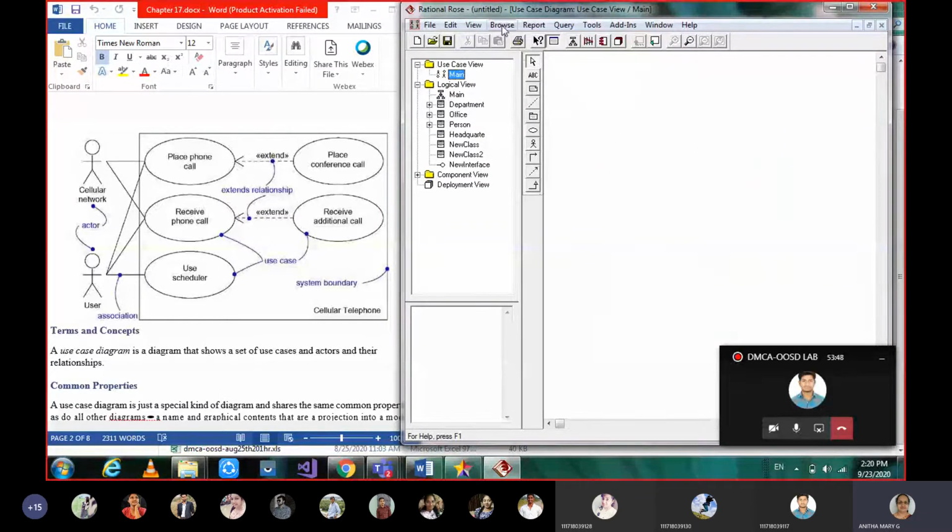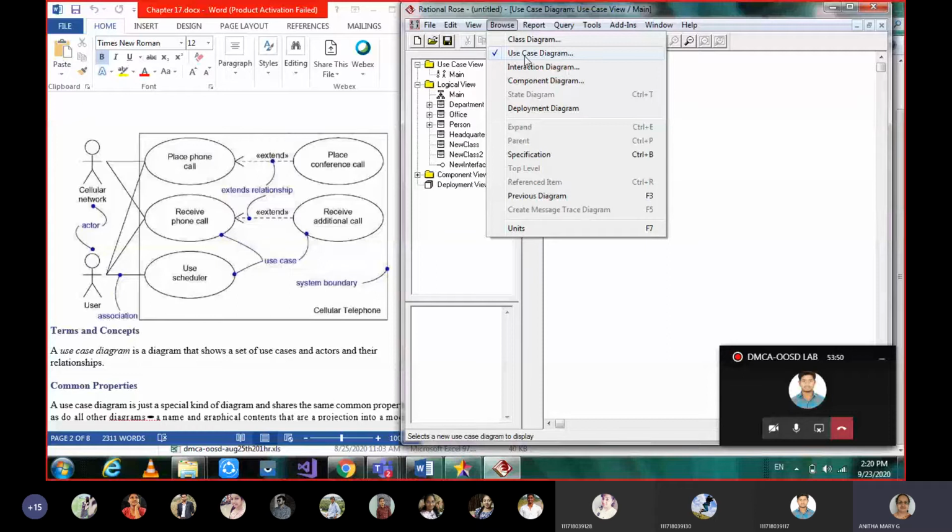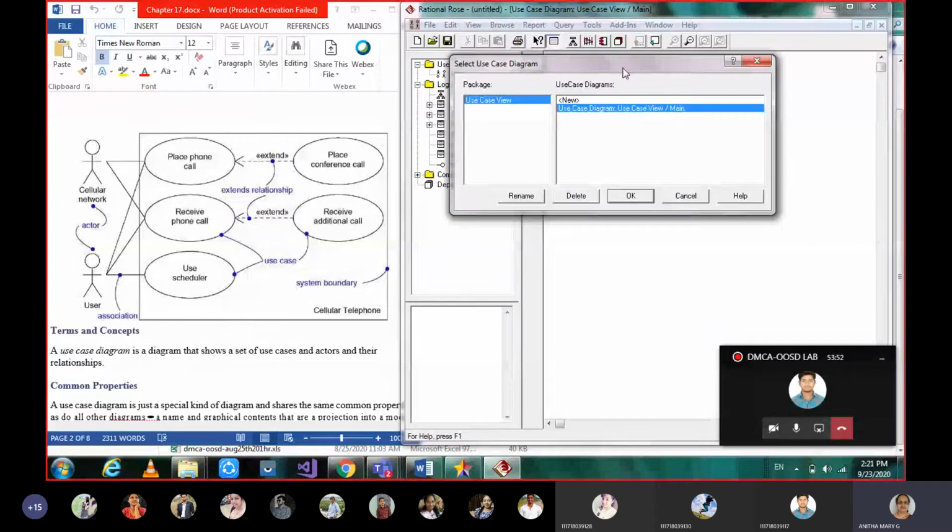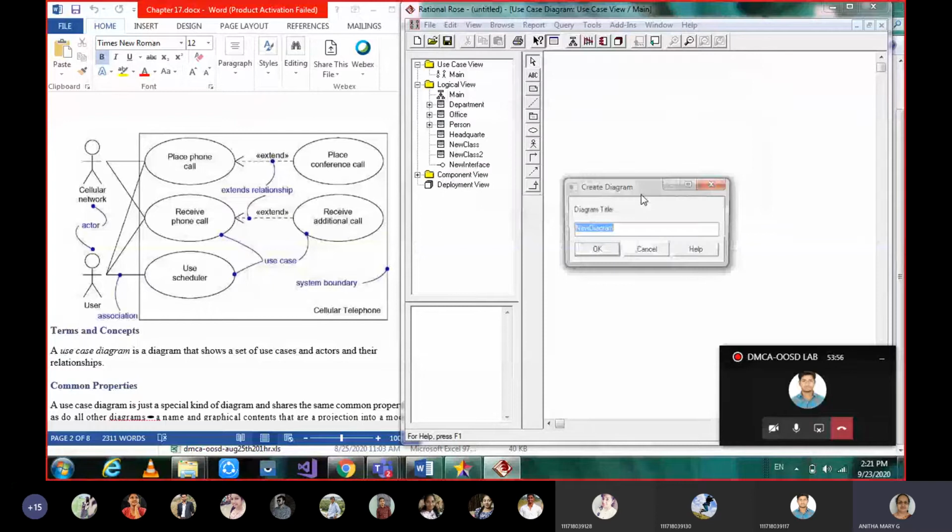Or else you can go to browse and then say use case diagrams. Here you can say new, and when you click OK, it will ask you the diagram name. That is phone call scenario.